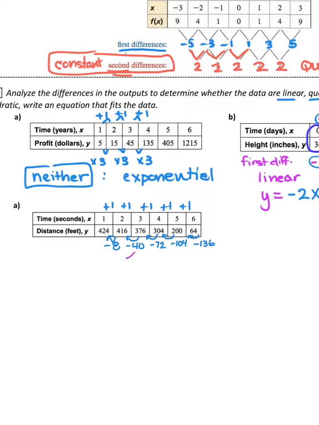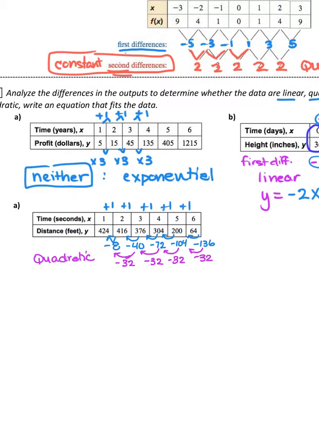So I keep going. If I go negative 40 minus a negative 8, so that's negative 40 plus 8, that's a negative 32. Negative 72 plus 40, because minus a negative 40, is a negative 32. Look at this. When I subtract negative 104 minus a negative 72, I get negative 32, and voila, we get that constant second difference. That's what tells you this is going to be quadratic, and now we have to solve